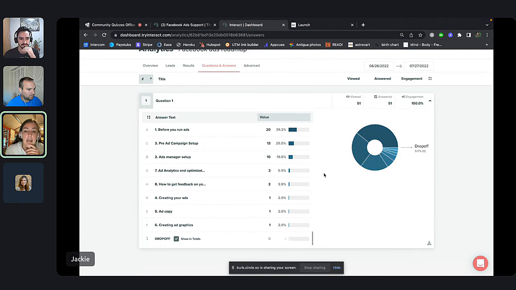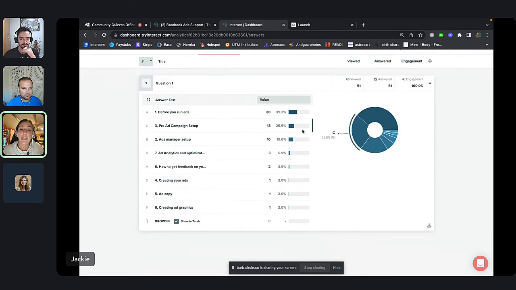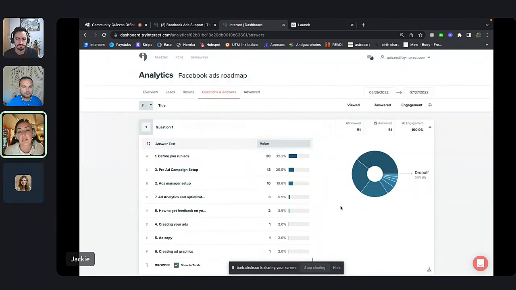But what am I trying to say? I guess if you had multiple questions to ask, you could see again how people are answering the question, which for me in this case is the same as the result. So these numbers match, but also the drop off. Is there a certain question that people don't want to answer? Am I losing them at some part? And then I could go back to the quiz and optimize it. So maybe I move the question to a different spot in the quiz. Maybe I change the language. I add some images to it. I take it out, right? So you can make good updates based on what you've learned about your quiz takers from the analytics that you're seeing here.